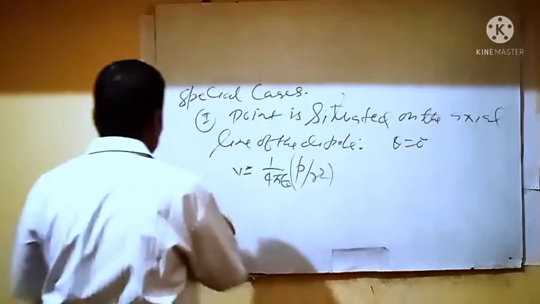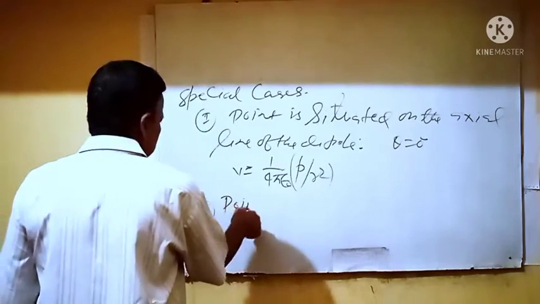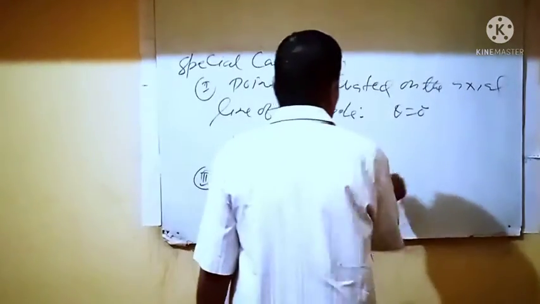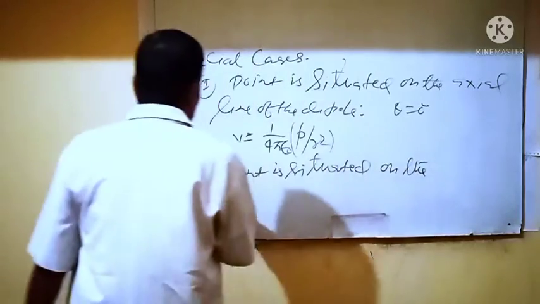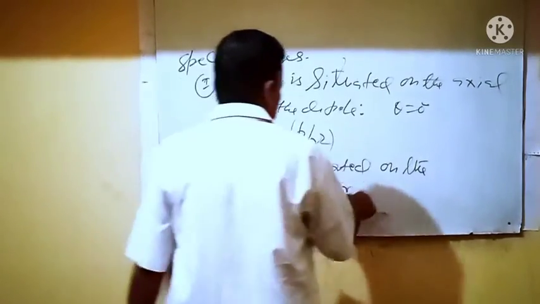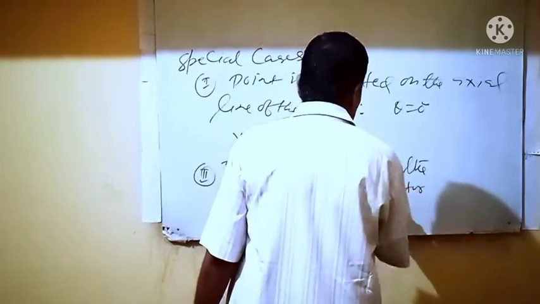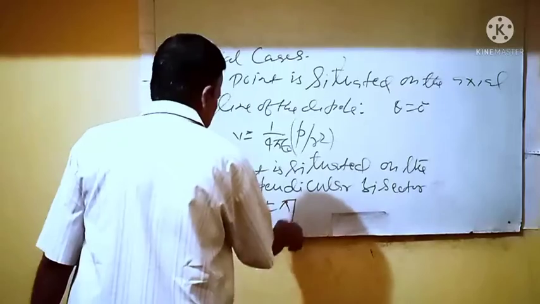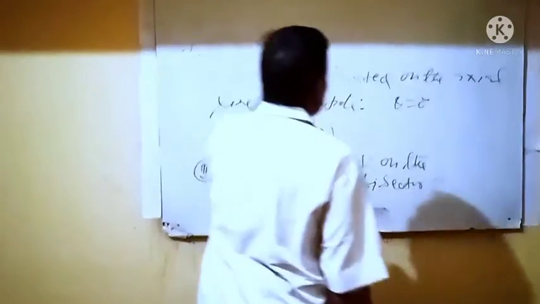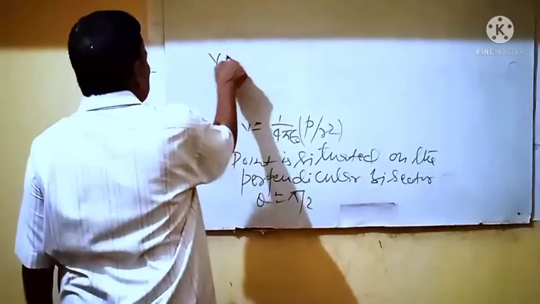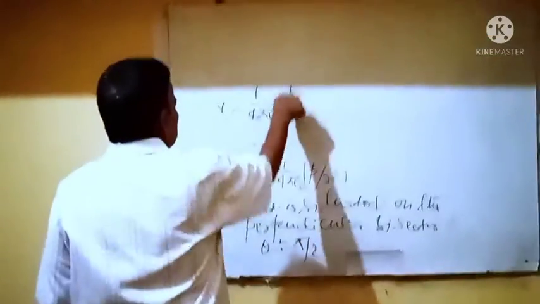Case second: point is situated on the perpendicular bisector. Then theta is equal to pi by 2. Potential V is equal to 1 by 4 pi epsilon naught P into cos 90 degree divided by